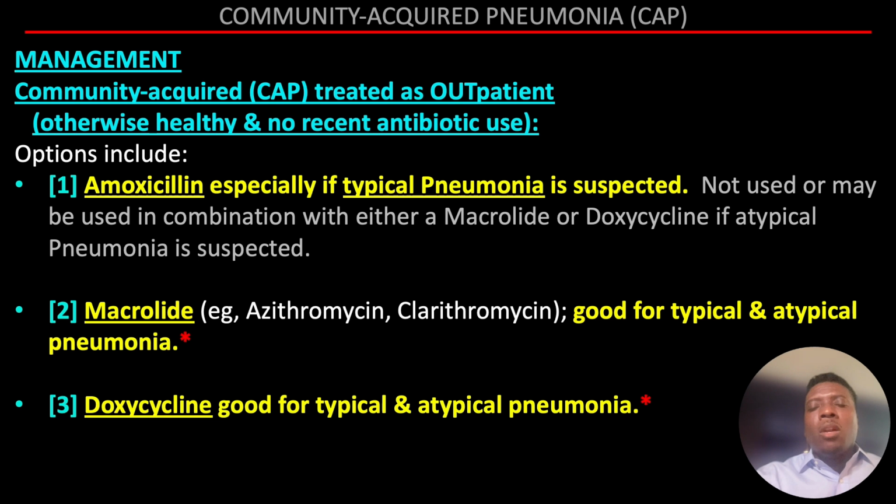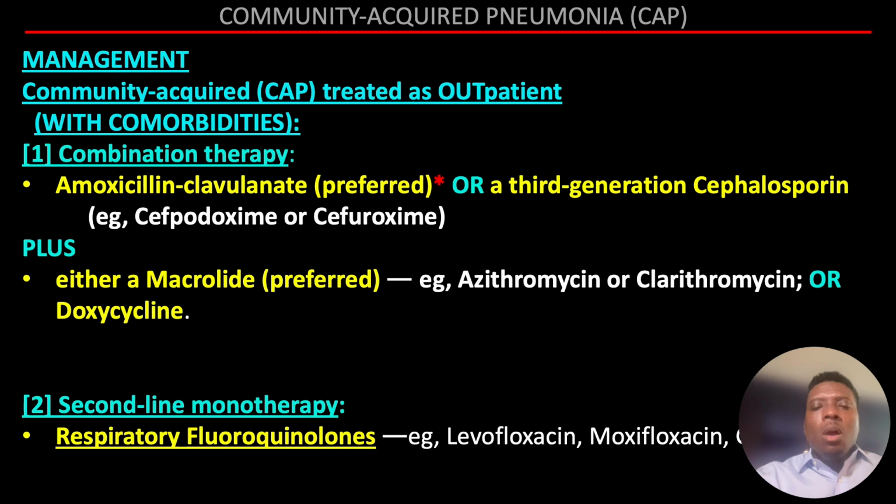So it all depends on if you think it's typical or atypical, which of these three that you would use. Well, what if they have comorbidities, but you still want to treat them as an outpatient? They have lung disease, for example. What are your options? We can start to extend the coverage by using amoxicillin clavulanic acid because that can extend